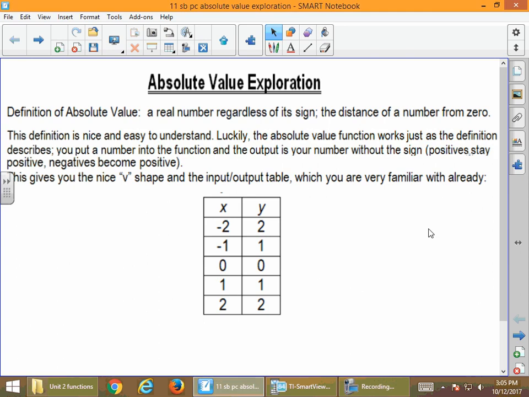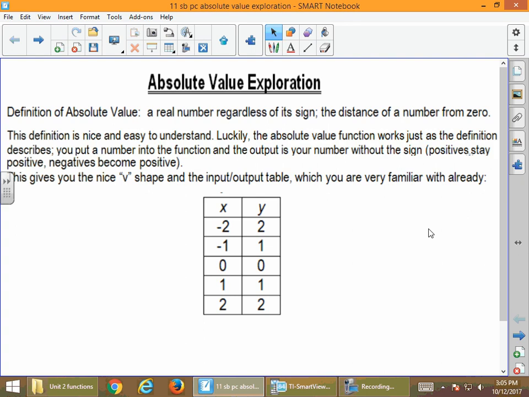Today we're going to look at absolute value graphs a little bit more in detail. And we need to go backwards and talk about what the definition of absolute value is. And it's a real number, regardless of its sign. What I most often say for the definition of absolute value is it's the distance that a number is away